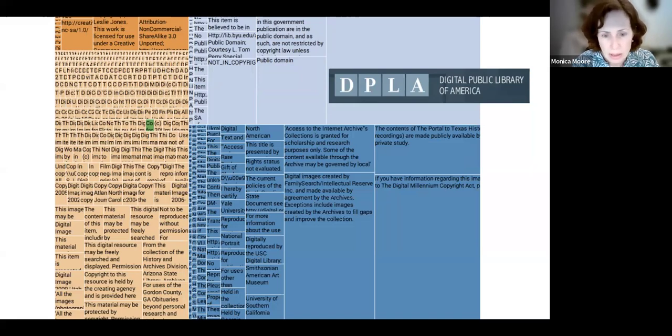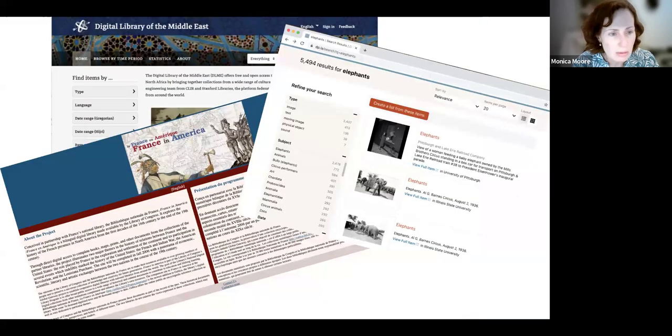So if we go to the next slide, I can talk a little bit about now, with this possibility of standardized statements, how much we can be interacting with other networked partners, such as the Digital Library of the Middle East, and a couple other examples here on the slide. This is what's possible when we apply the rights statements to the individual items in our collection.